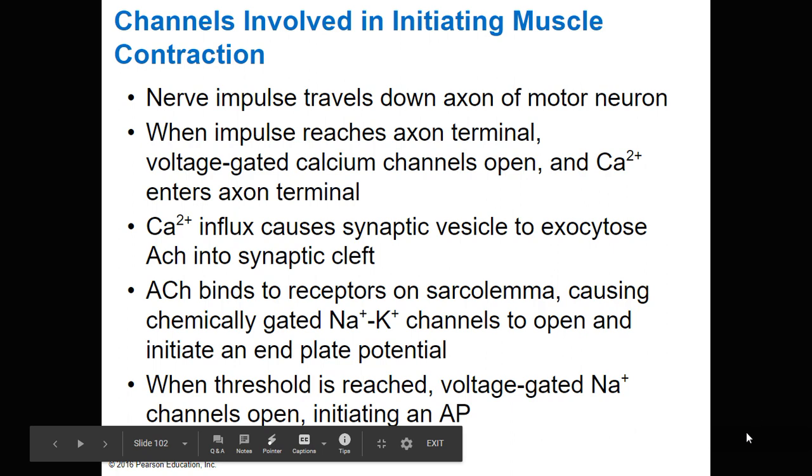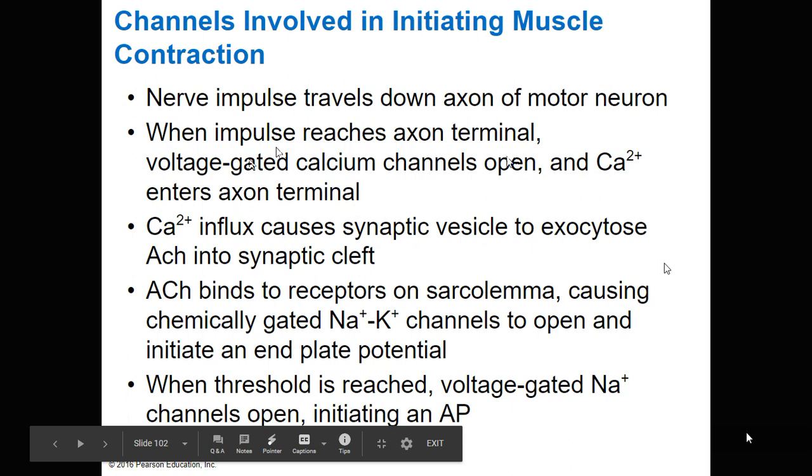We've already talked about this. Remember, the motor neuron is coming from the central nervous system. The nerve impulse is going to travel down the axon until it reaches the axon terminal. At this axon terminal, voltage gated calcium channels are going to open. That calcium in the axon terminal is going to cause vesicles full of acetylcholine to be exocytosed into